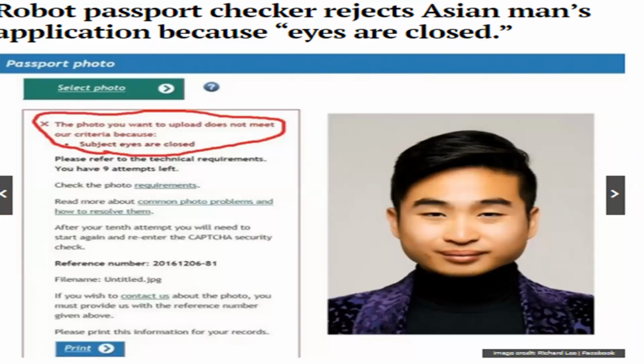Okay, so the AI-based camera verification for the passport photo gave a message that the photo you uploaded doesn't meet our criteria, because her eyes are closed. Actually, his eyes are open, but the camera's algorithm was developed based on maybe a different kind of citizen, maybe American or other people, not Asian, maybe some other Indian people. That's why the AI is detecting his eyes as closed, because of his different features.